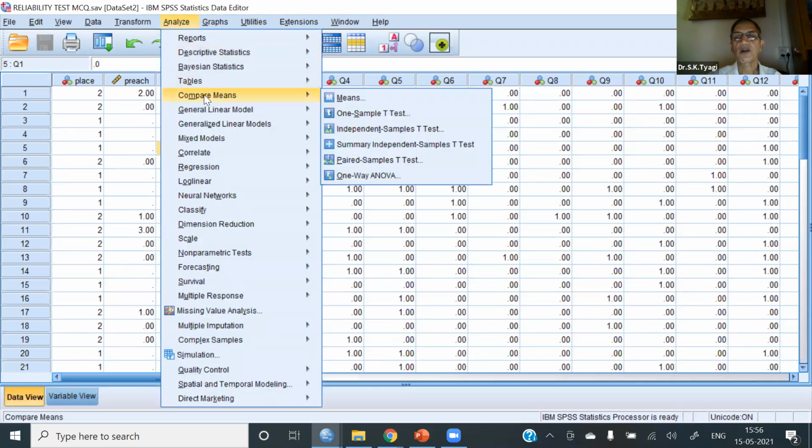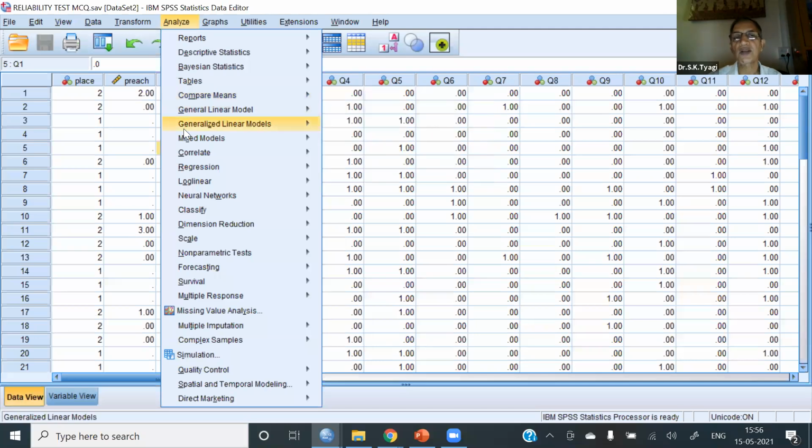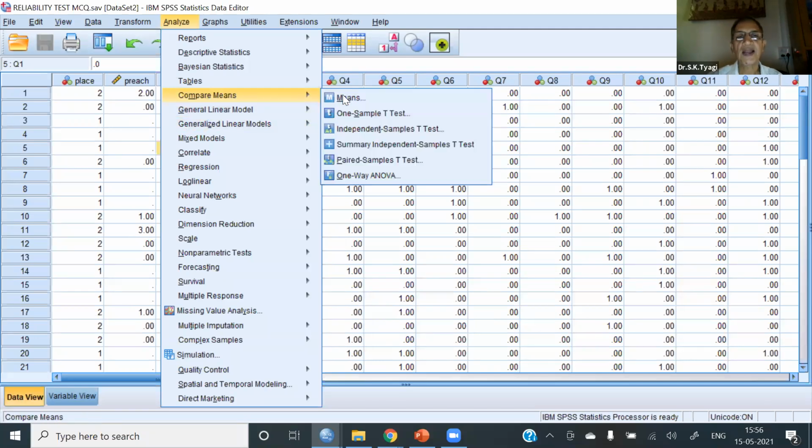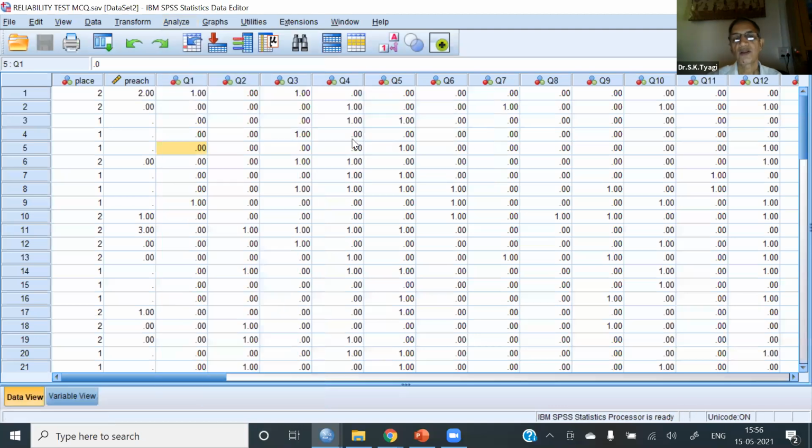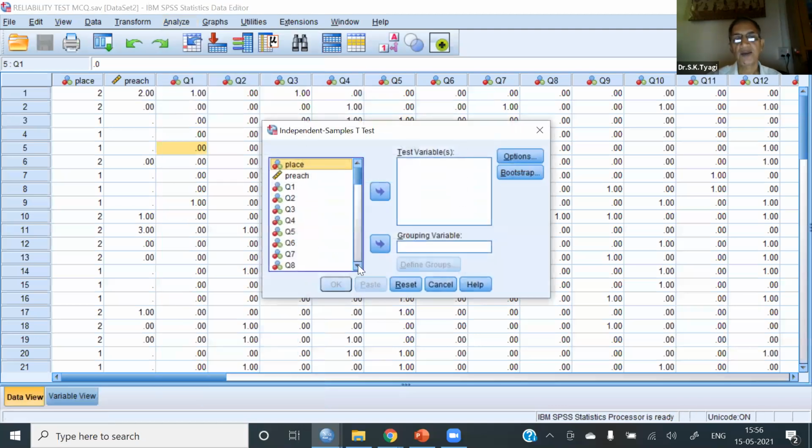Compare means. We are discussing the second approach: whether between the upper ability group and lower ability group there is a significant difference or not on this particular item. So compare means, independent t-test. Items 41 to 45 I am taking as a sample, not all, because I have copied this output and pasted in my presentation. So 41 to 45.